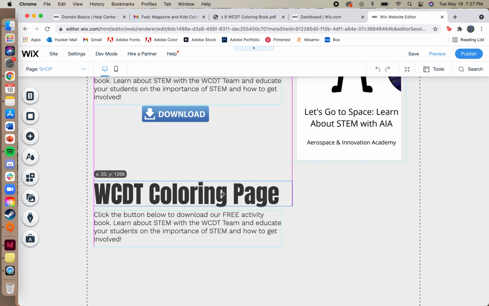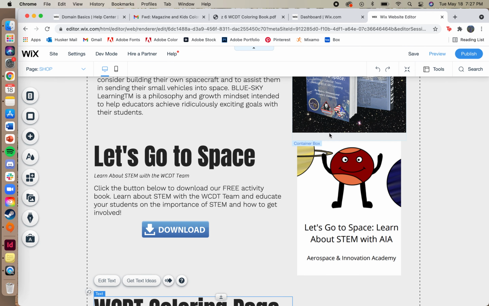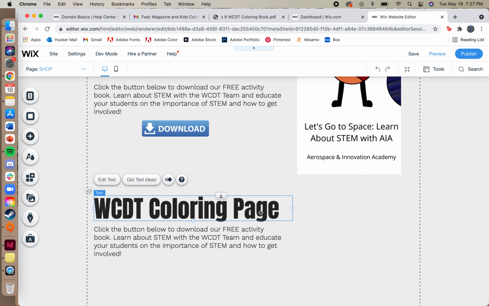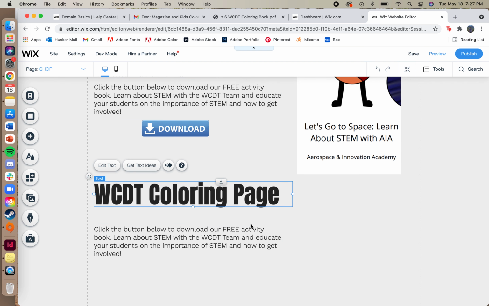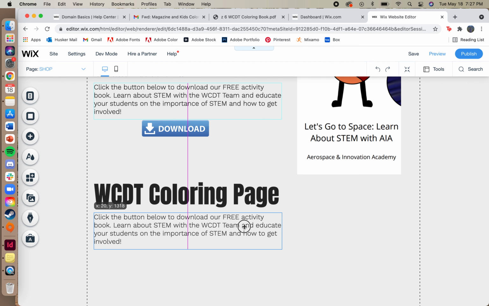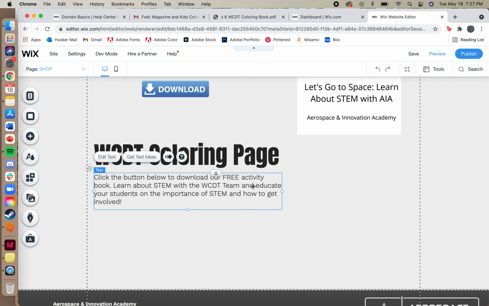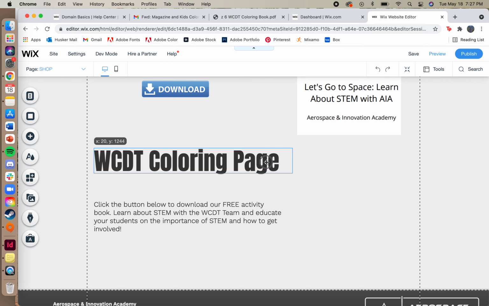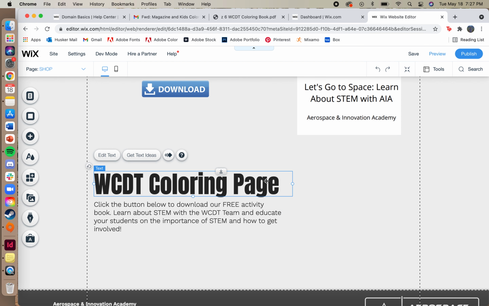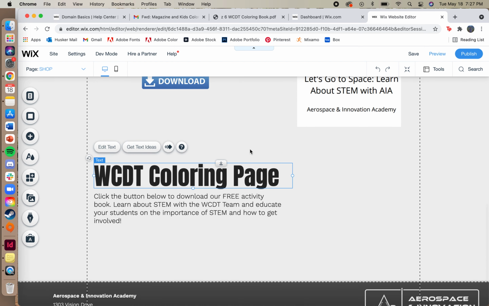So then you want to give a little bit of space between each thing that you're doing. It makes it just look better and more professional, and margins are a big deal. So actually I'm going to drag that back down where it was. So now that we have everything set up,